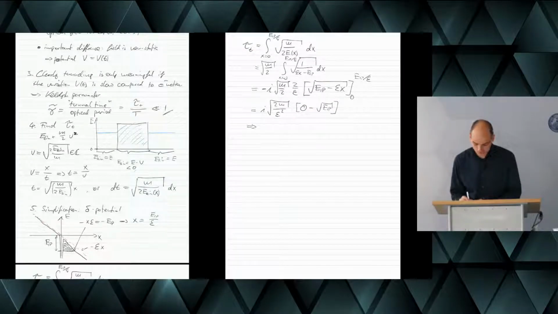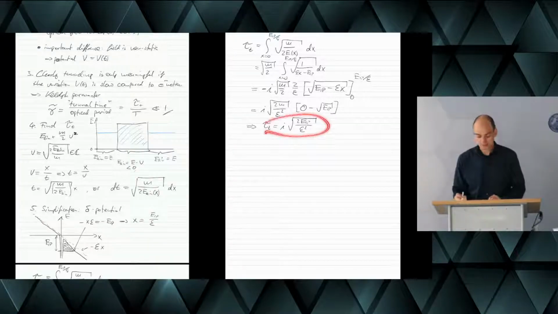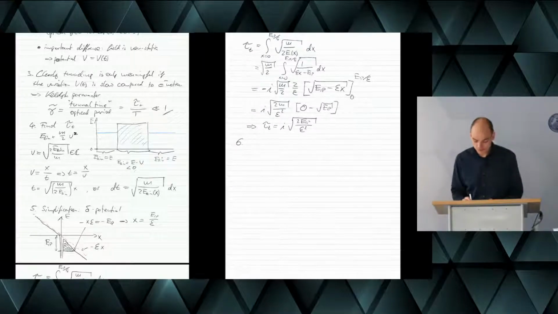And so we get in atomic units that the tunneling time, tau t, is 2 times the square root of EIP over E squared. And this is a complex time, whatever that means. And we'll use this value nevertheless to now calculate our modified Keldysh parameter. Yeah, so we'll use the modulus. And this would then be 2 EIP over E squared. And we'll write the 1 over the optical period as omega over 2 pi. And this gives us